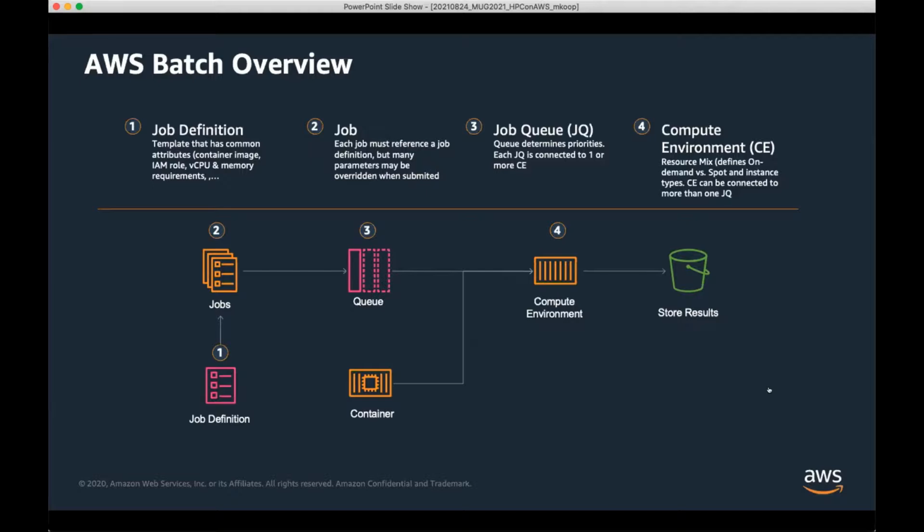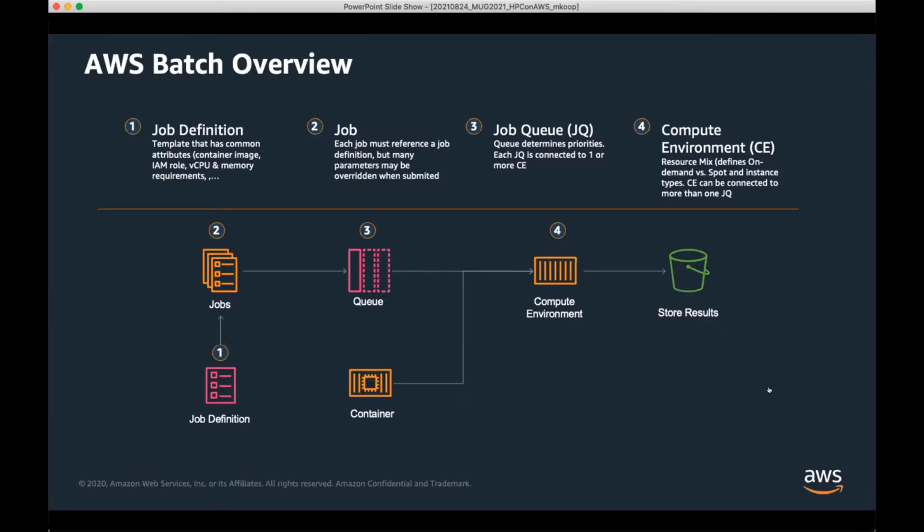So once you submit a job, it will say what your requirements are, so how much memory it needs, if it needs a specific type. You submit it to a job queue, and then it will be executed on what we call a compute environment, which could be a whole different set of resources you've defined, specific types. This one is really often used for a lot of loosely coupled jobs, but it also does tightly coupled, so we can use EFA as well across multiple nodes here.